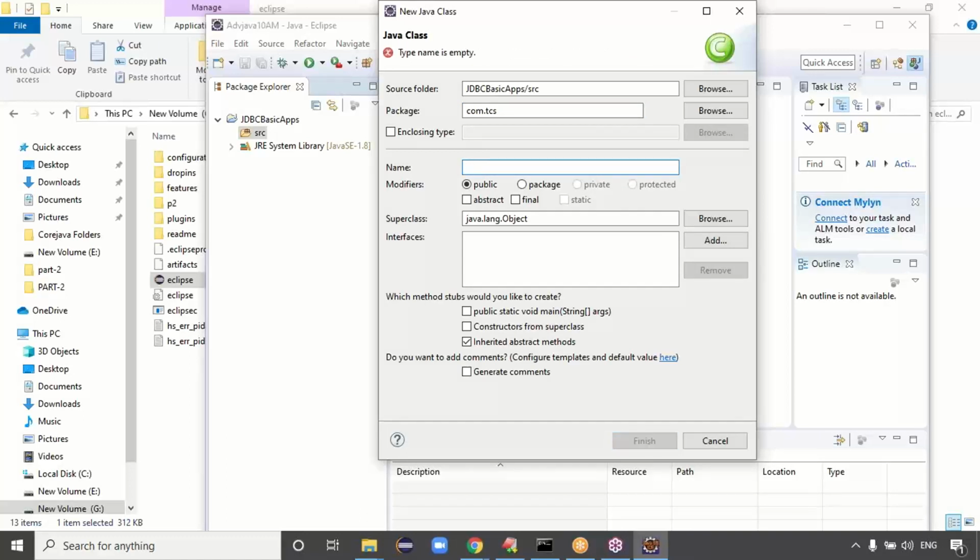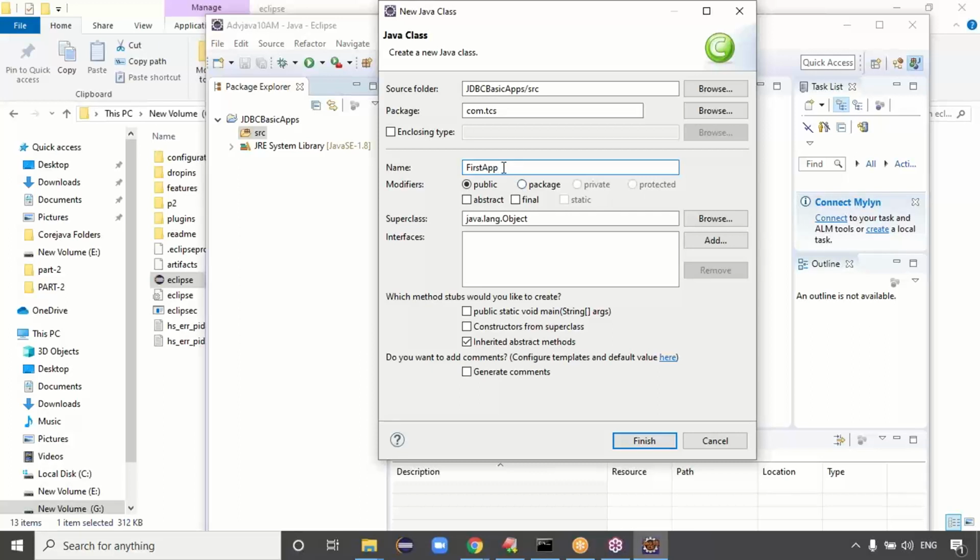This is the first application, the first app, so the class name is FirstApp. Otherwise you can give TestOne. Which one is a better name, FirstApp or TestOne?